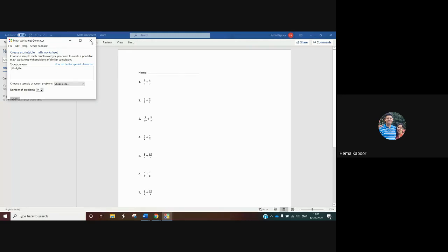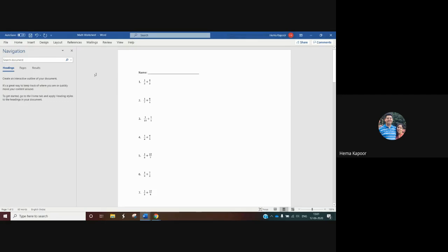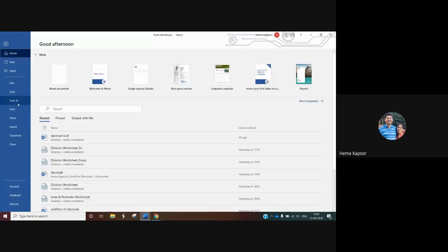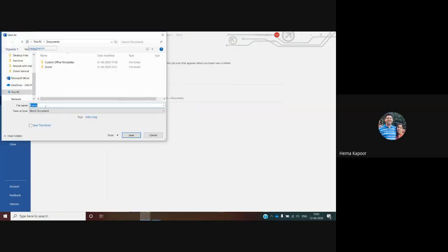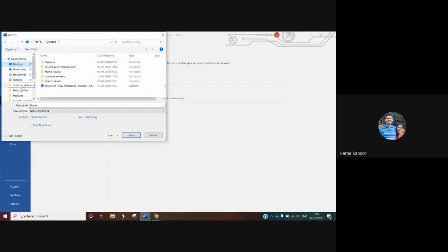Okay, see how I get this worksheet very quickly. Now this is editable. So I can go to the file and save as, where I want to save. Again, I want to save on desktop, and Maths Worksheet.